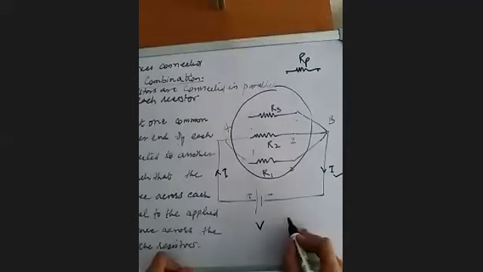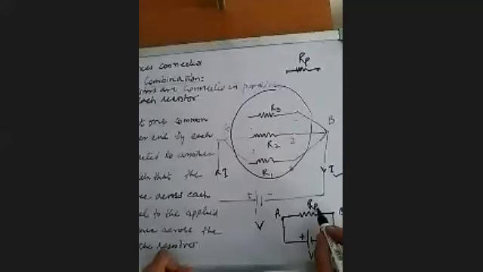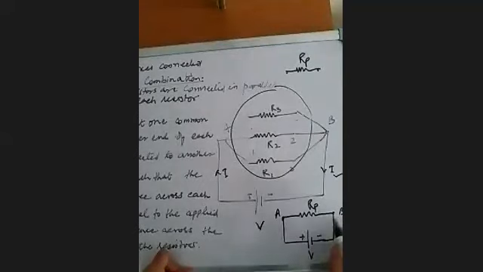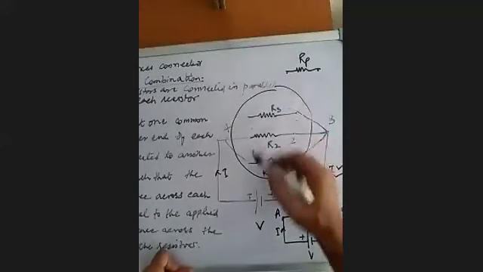So the equivalent circuit we can draw like this. I have replaced, this is point A, this is point B. Across A and B, the same cell has been connected of potential difference V. And this is RP. The value of RP is such that when this potential difference is applied across its ends, the current in this circuit is equal to the current I, which flows when these three are connected in parallel.